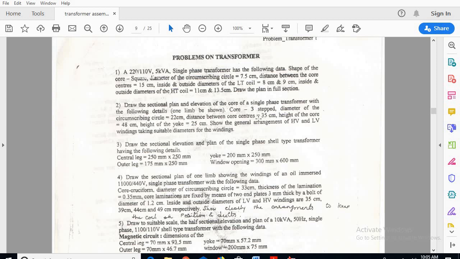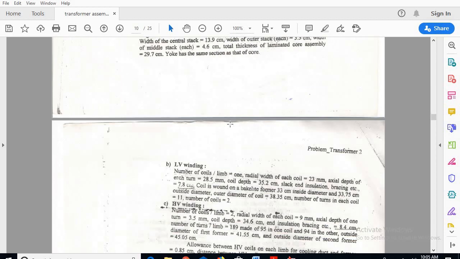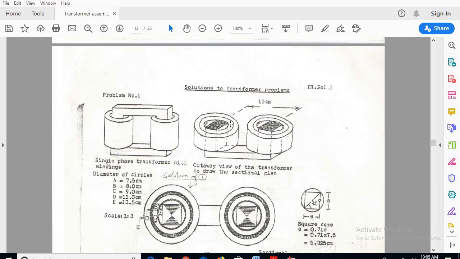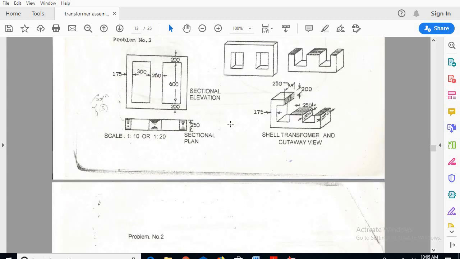Since there must be some distance between the two windings, whatever diameters are considered for HV and LV must be within 35 centimeters, less than 35. Now while coming to the solution, how the plan and how the elevation will look, we will see with respect to this diagram.